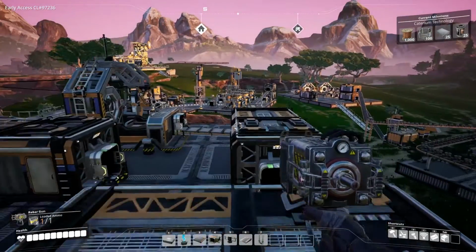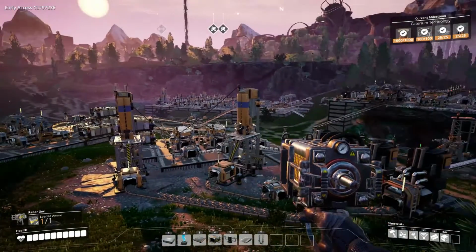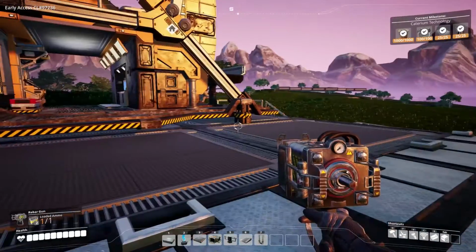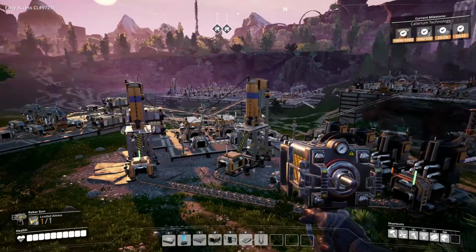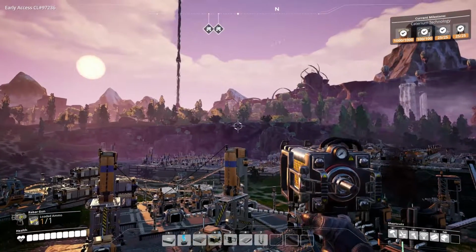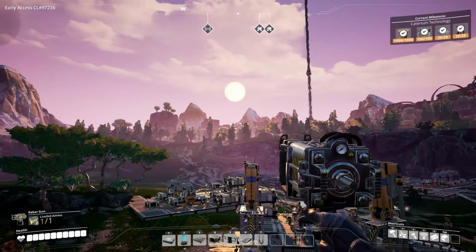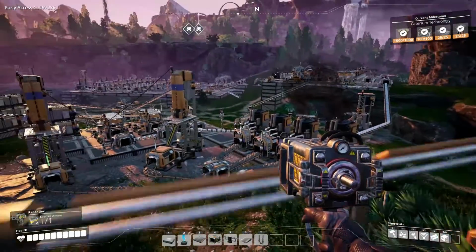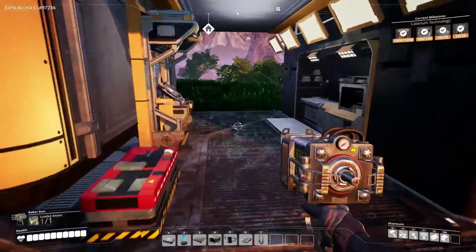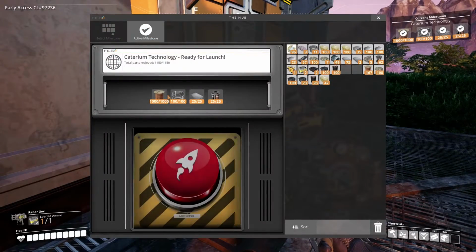But let's go research some Caterium. This is a pretty awesome view from up here though. I don't think I want to leave the hub here, I just kind of put it here temporarily, but it's really nice when you have it above looking down and everything. I thought maybe up on this ledge, or I do want to put it by that lake over there, but it's kind of out of the way for the moment, so I don't know. Anyhow, let's send this thing into space